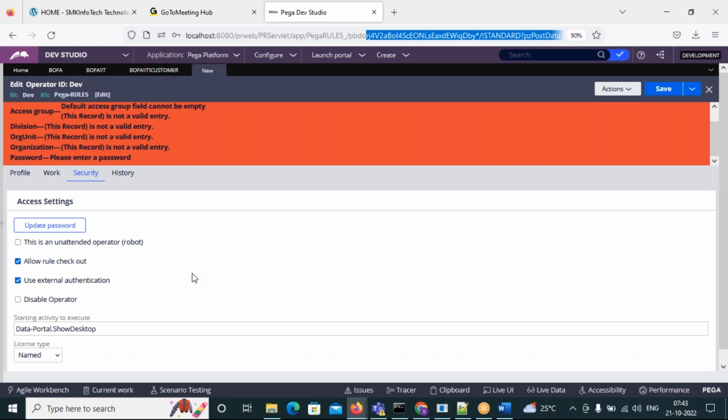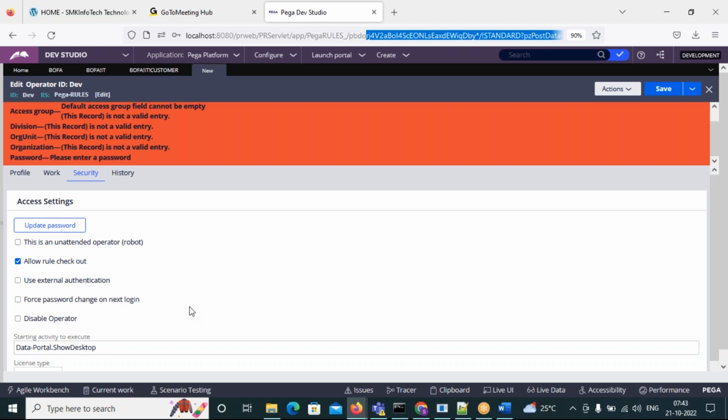So I want you to use the same credentials. We can use the same credentials to use this application, but only for development purposes. And force the password to change at the next login. You know, right? Generally,